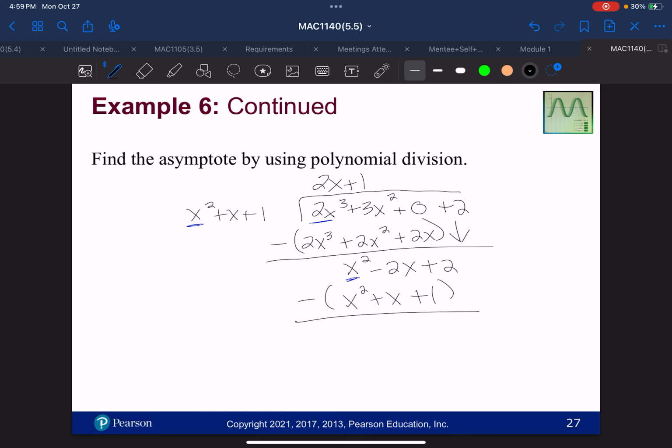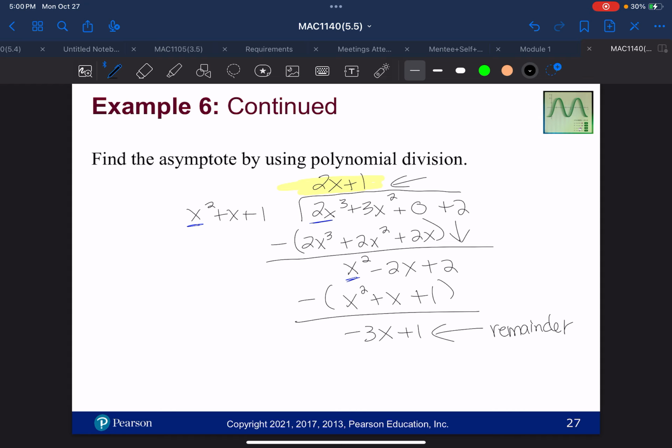And so x squared minus x squared is 0. Negative 2x minus x is negative 3x. And 2 minus 1 is 1. So this is my remainder because I don't have anything else to bring down, and x squared doesn't divide into negative 3x. So the quotient here,